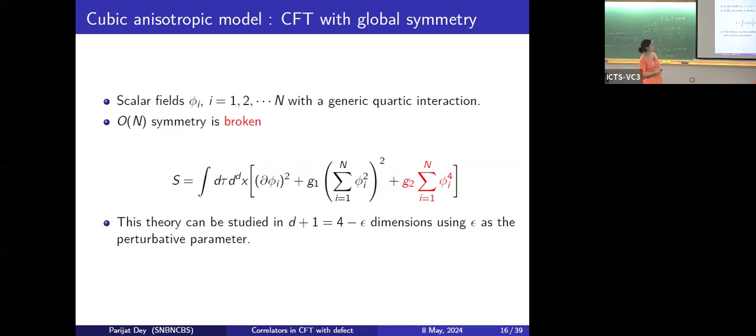Now we want to break this O(N) symmetry in such a way that the structural phase transition can be incorporated. This can be done by adding this kind of interaction, which is phi I to the 4 with this new coupling G2. So these two terms together tell us that this is no longer rotationally invariant along the rotation in the phi space. What is the symmetry that you brought